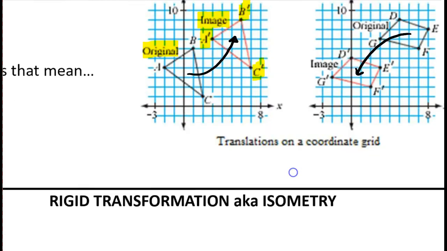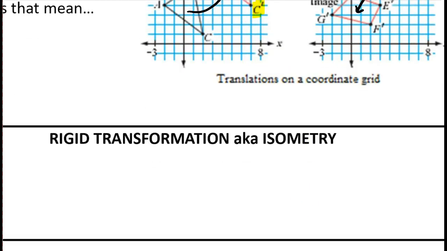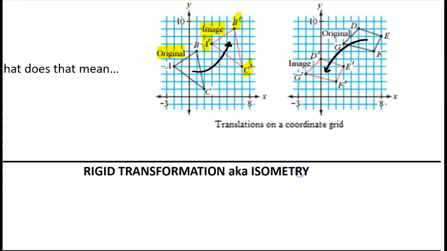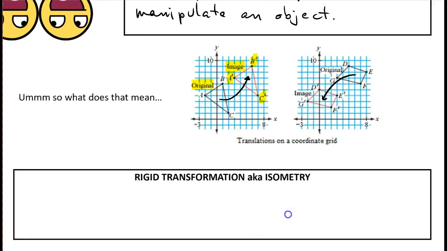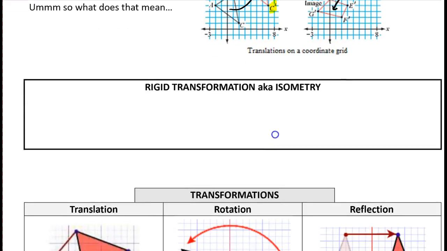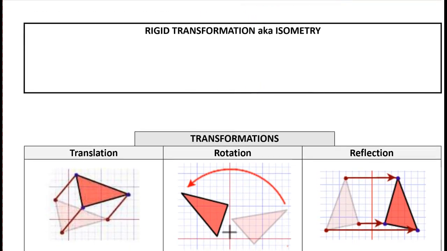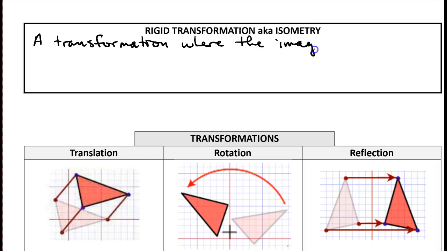Okay, so let's talk about rigid transformations, and these are also called isometry. So that's a fancy vocabulary word. If you're keeping track of the vocabulary somewhere, you're going to want to add isometry to that. So a rigid transformation is a transformation where the image is congruent